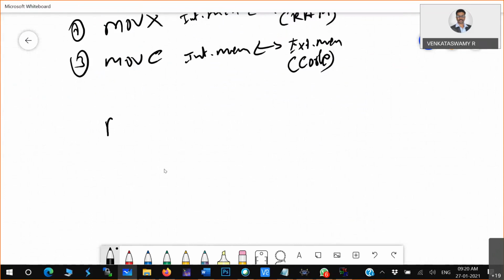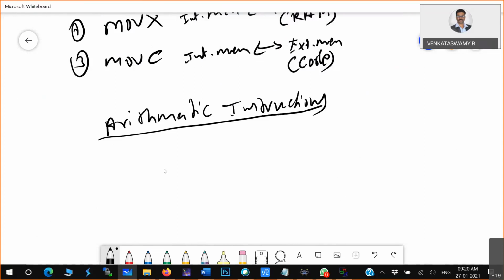Arithmetic instructions are addition, subtraction, multiplication, division, all these things. How can we do all these operations in the microcontroller? That is what we have to understand.